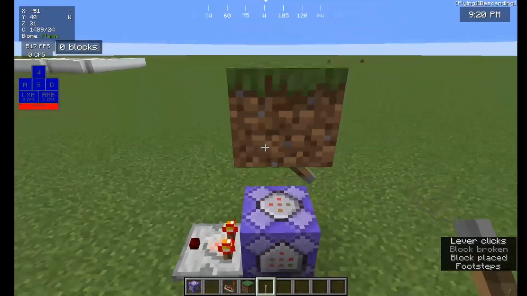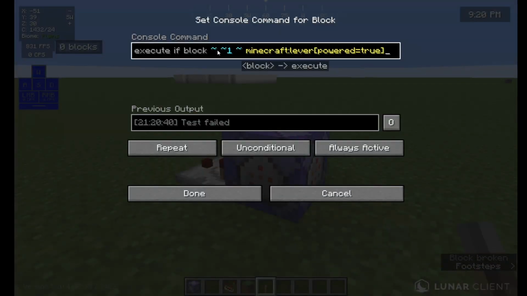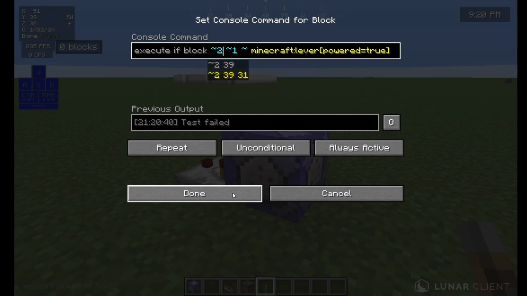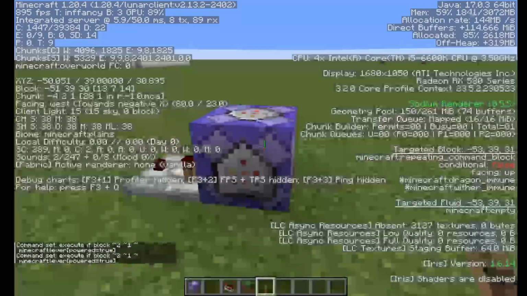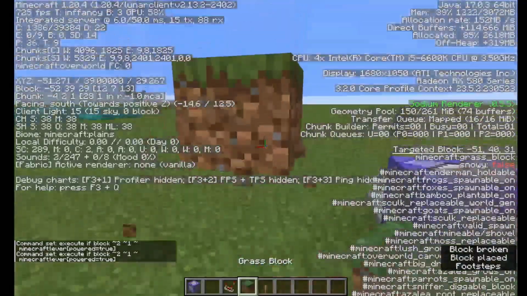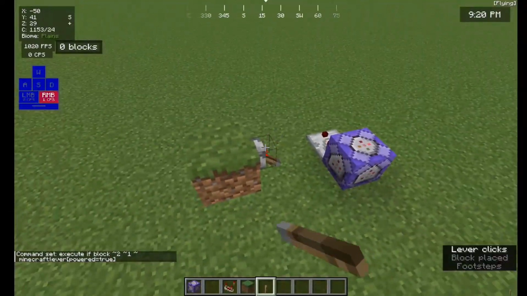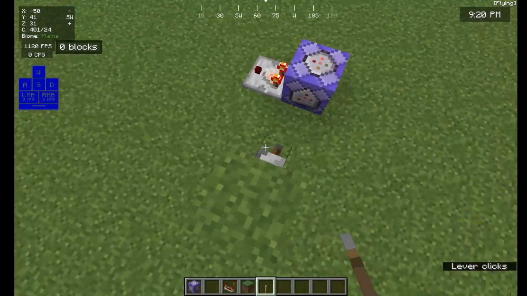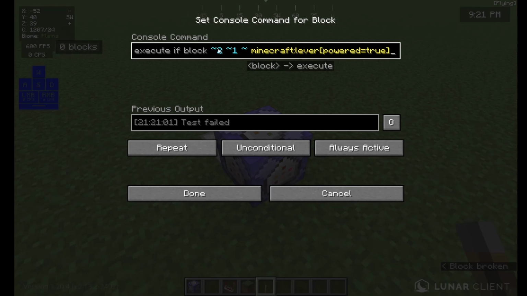Facing. It's basically wireless redstone. Like to that way. Just to this way. It's right there. So this is a way to send wireless redstone with commands. And the next